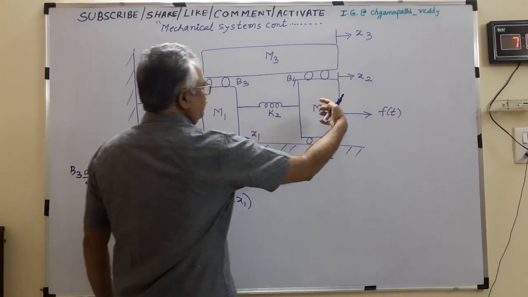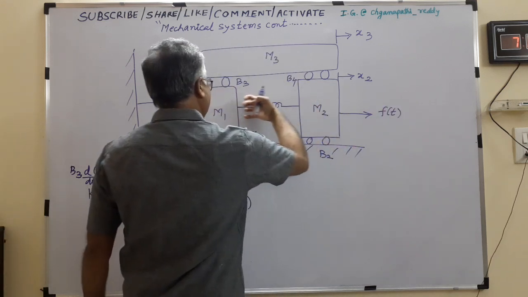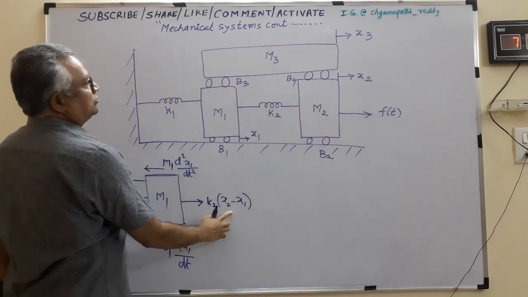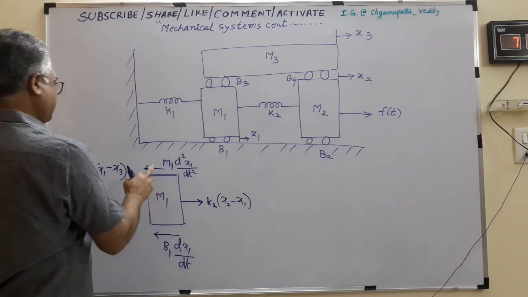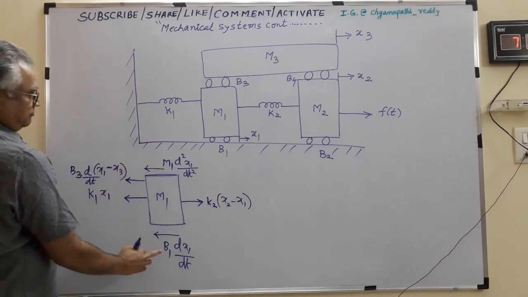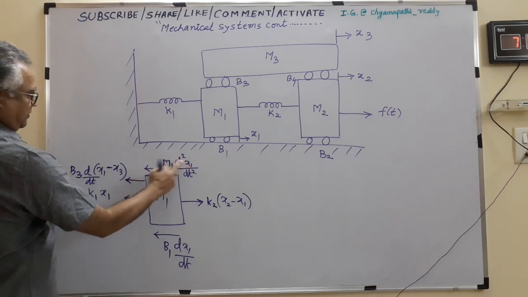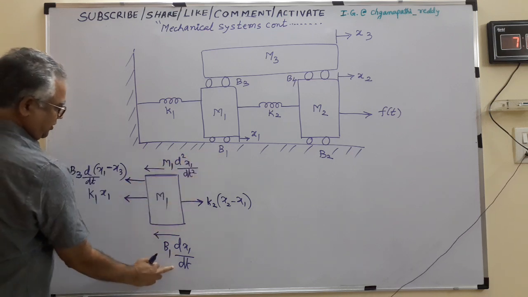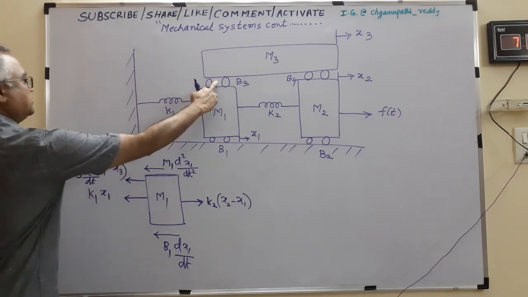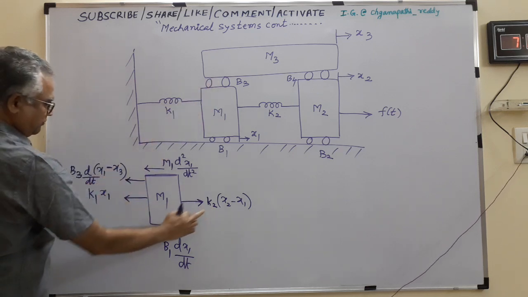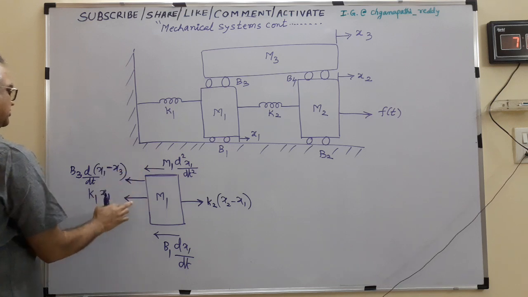So we are applying force this side now. So this is pulling this side. That is K2 x2 minus x1 is the force this side. It is working against friction, this viscous friction, this is MA, and this friction opposite, this spring, then this friction. So this is equal to this plus this plus this plus this. That's an idea.